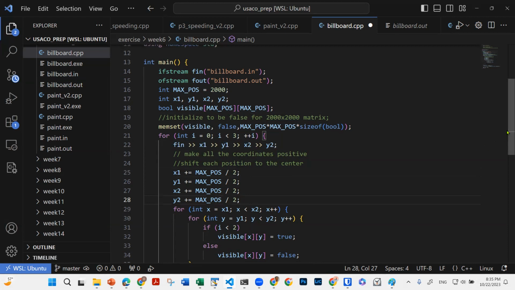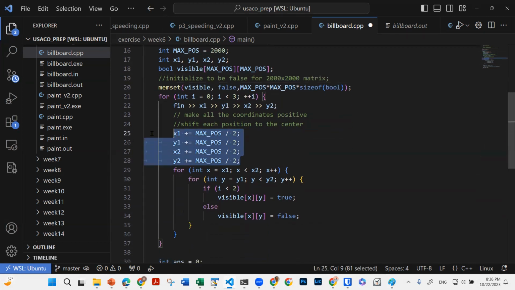right now it is shifting this to the center. Remember this is 2000 divided by 2, so you just shift this position to be the center, so that in case we won't get out of bound, right? In a situation like